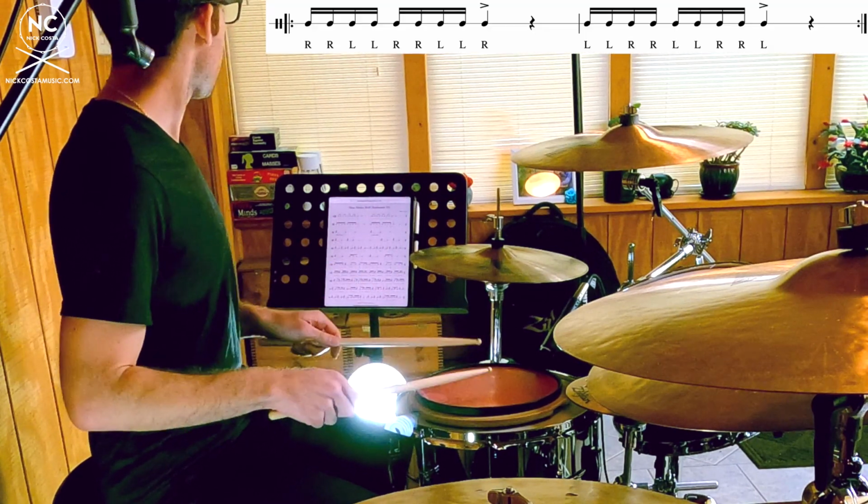As you're playing through this exercise, try to accent the last note of the roll. Going to turn the click back on. Play along with me. 1, 2, ready, and...